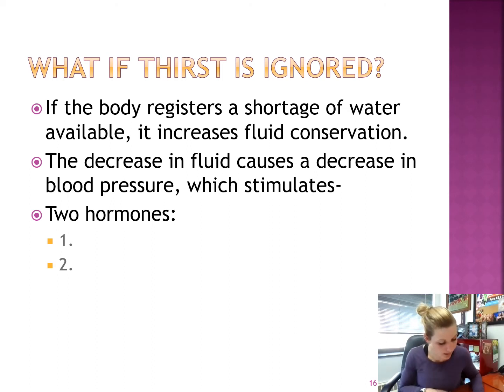in our pee or in our urine. Okay, we're also going to release a hormone that's going to work very closely with ADH, and that's known as aldosterone. And aldosterone's job is to help us to conserve sodium. Okay, so within the kidneys, it's going to help us to reabsorb or pull back the sodium so that it stays within the body. And based on what we know about electrolytes, if I pull sodium back in, I'm also going to pull water with it. Okay, so by retaining sodium, that's also going to help me to retain water as well, which is what we want.